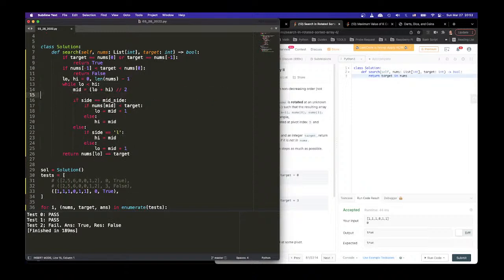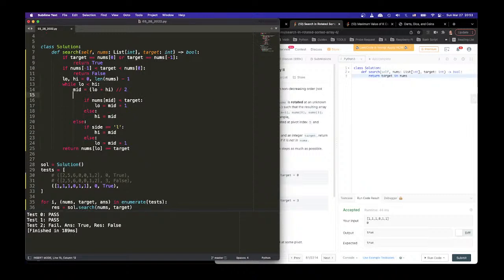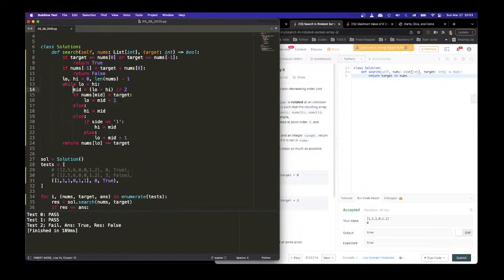And we can simply say if nums mid is smaller than target. Okay? If nums mid is smaller, so target is bigger. Okay? If target is bigger, no matter if you're on the left hand side or on the right hand side, you do the same thing. Low or equal to mid plus 1. Else,